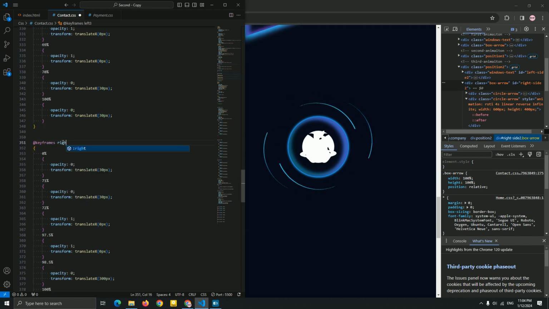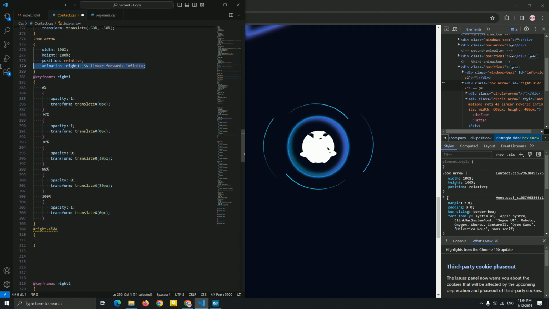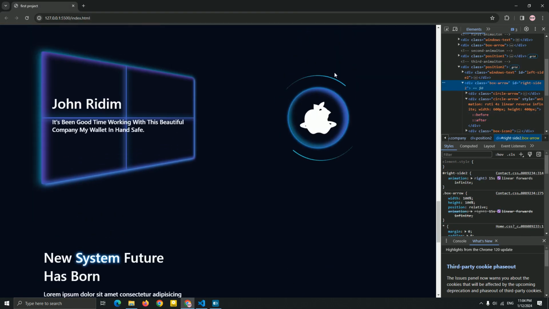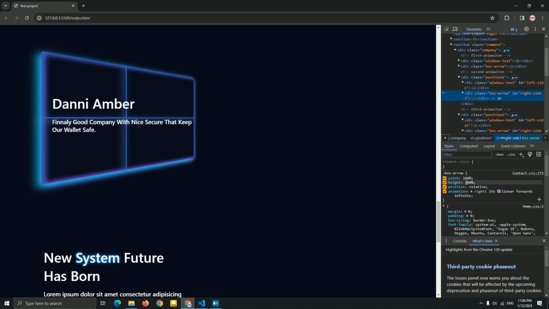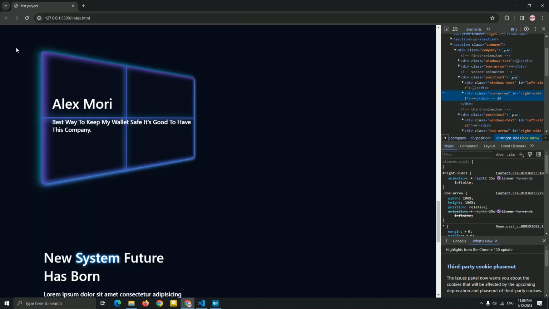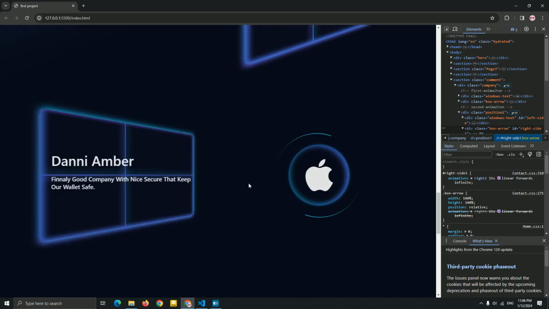Now right 3, and now let me just add ID right side, which is this, right 2 and right 3. Yep, this is everything. I need to create this animation, guys, but let me see. Okay, the right side one, I'm sorry, guys. Now I think this is fixed. As you can see, this fixes this problem. Yep, I think we fixed this problem.